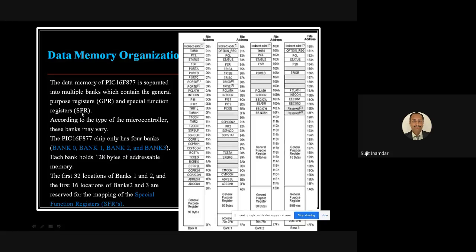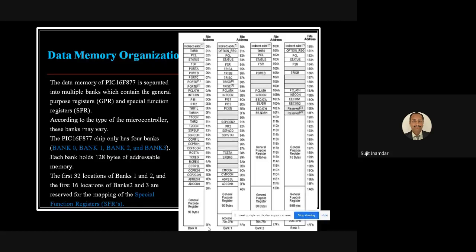Actually it is SFR, not SPR, SFR. So that again the one correction. And according to that, the 4 banks are there and each bank holds 128 bytes. जर तुम्ही साइज बघितला तर it starts from 00 to 7F. So 7F means